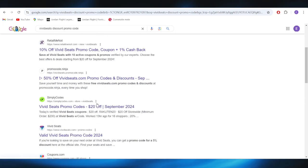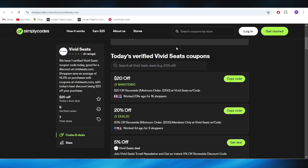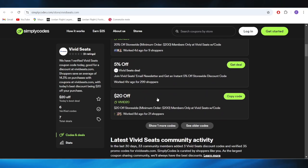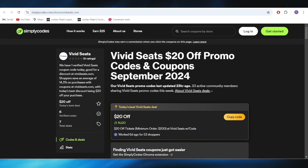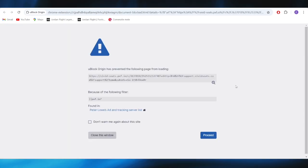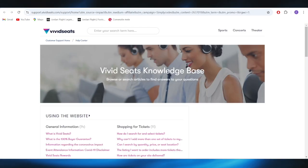Also, going back to our main search, we also have this website which is called simplycodes.com. And right here, you also have some promo codes that you can use. For example, if I want to get this 5% discount, all I have to do is select get deal right here. Sorry, just select get deal, and you will be redirected to the website, and the discount will be applied